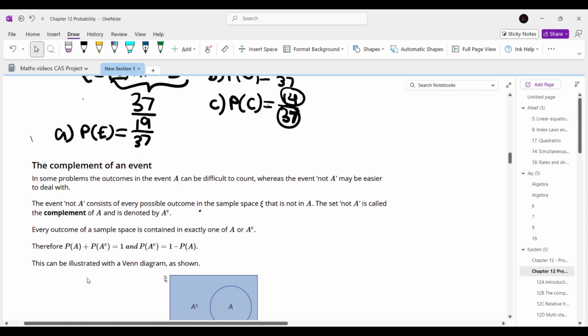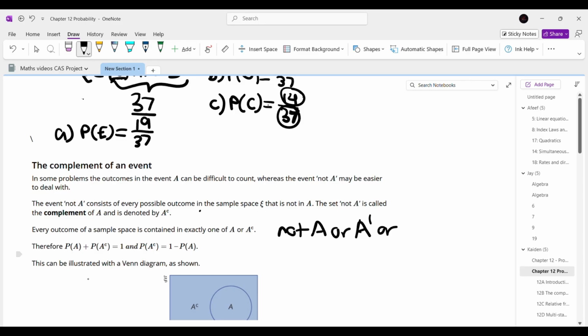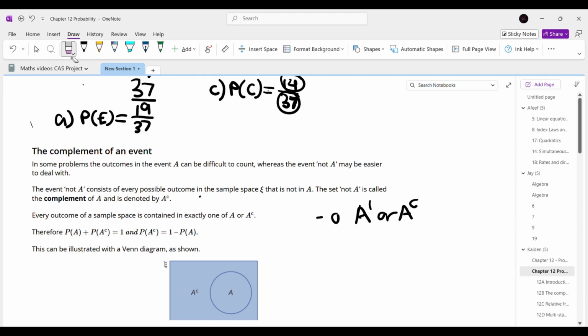The complement of an event, or we can write this as not A, or with an A dash, or A C. The complement of an event is all the values which do not satisfy this event. It is every outcome in the sample space that does not satisfy A, or is not in A. So when we add the complement event together with the event, the probability will always equal 1. And so to find the complement of an event, or not A, we just take 1 minus the